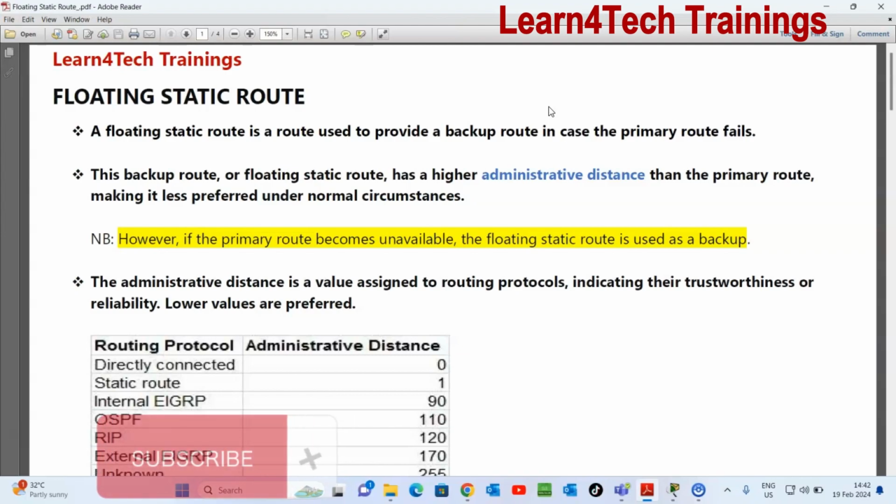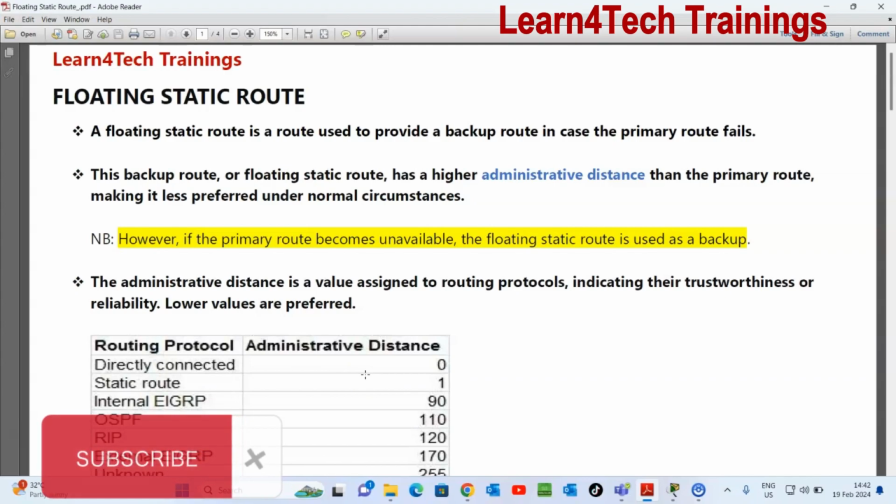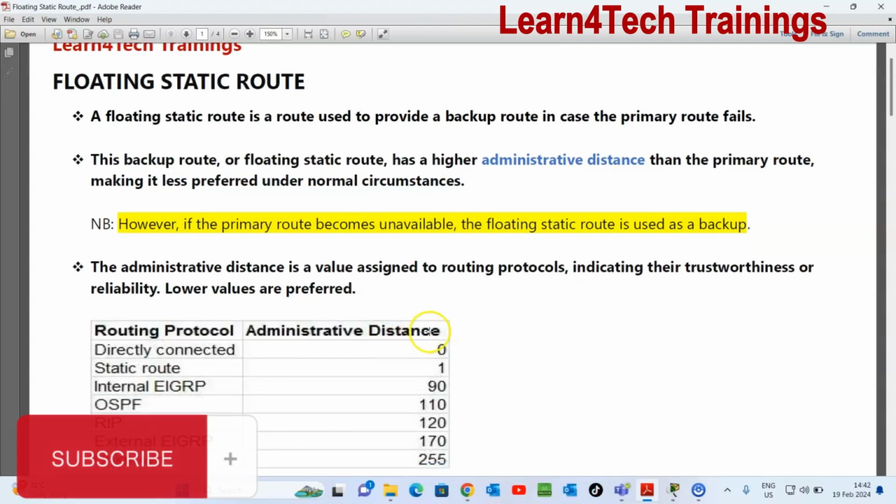A floating static route is a route used to provide a backup route in case the primary route fails. This backup route, or floating static route, has a higher administrative distance than the primary route, making it less preferred under normal circumstances. However, if the primary route becomes unavailable, the floating route is used as a backup. So, point number 3 here, we are being told that